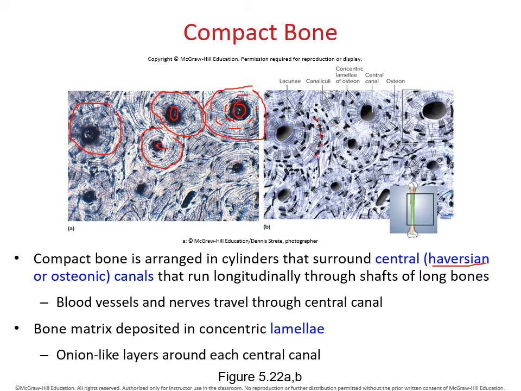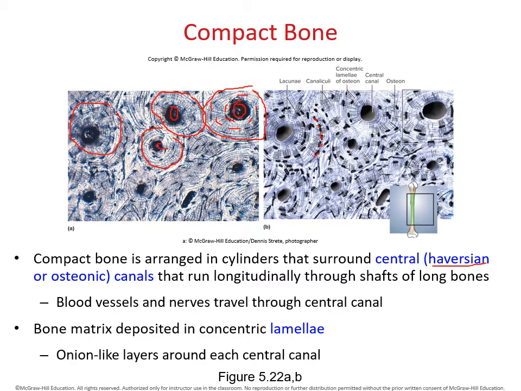The little black dots are lacunae. Remember what I was telling you? Lacunae are little dips that the cells will sit in. Well, the cells in this case are called osteocytes. Mature bone cells, starting off as osteoblasts, then they become osteocytes. Either way, the osteocytes will sit within the lacunae, and they will monitor the overall shape and structure of the